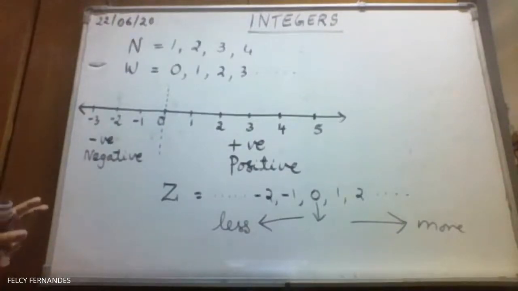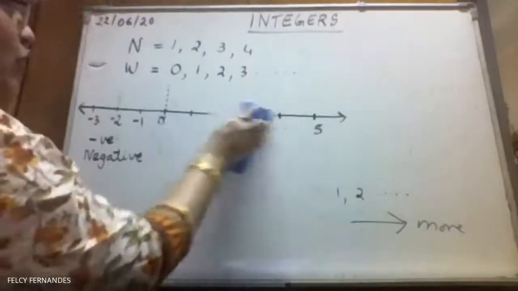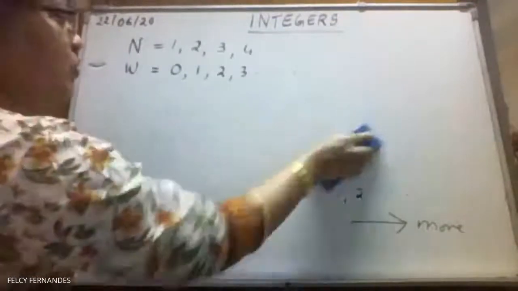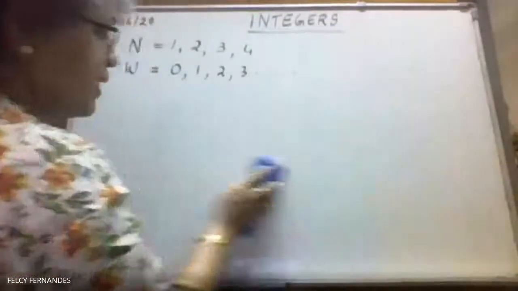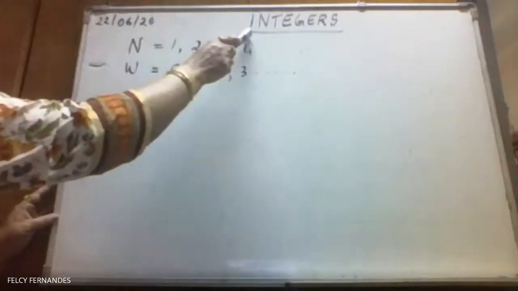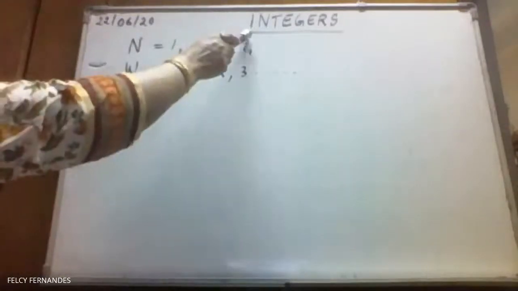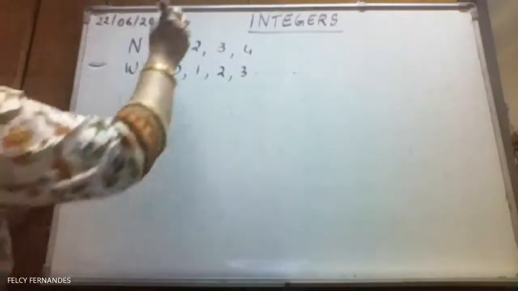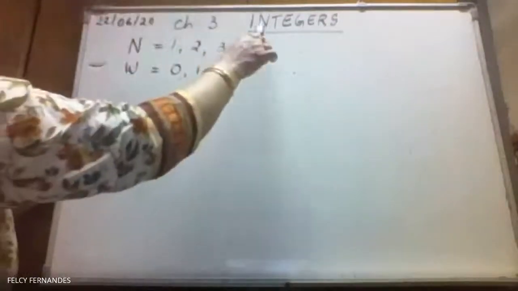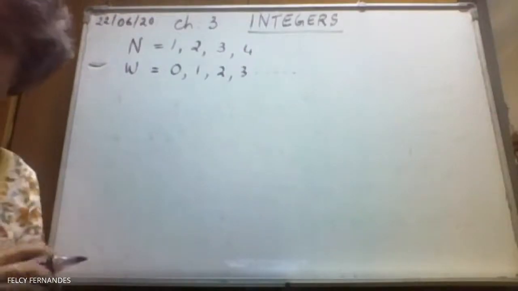Such numbers are called integers. We already learned what natural numbers are. We learned what whole numbers are. Now, we can write this down. Main heading, write down, children. Even in your index, you should note down this is chapter 3. We are doing chapter number 3, integers. Note down the main heading.